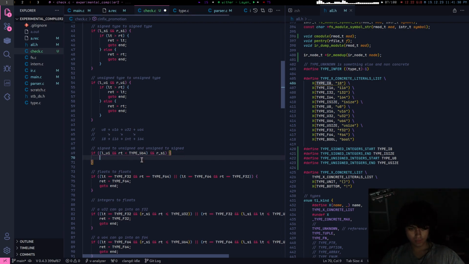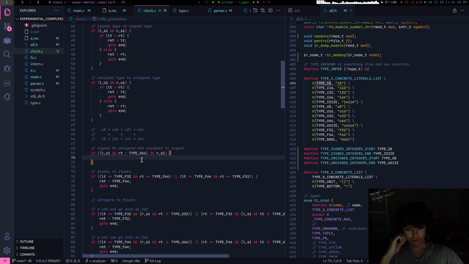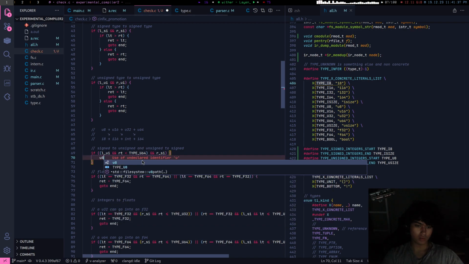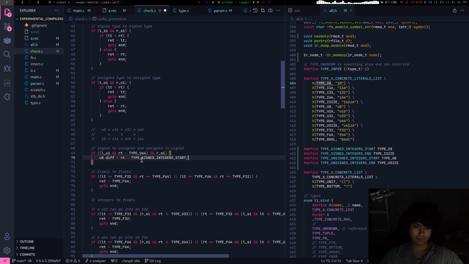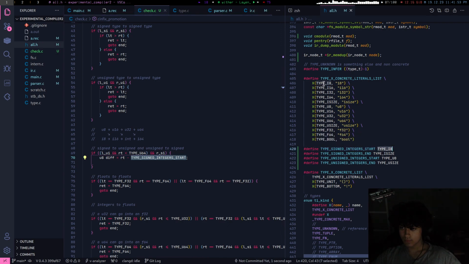Which means, no, because I don't want to do that. Let me just do div equals. Yeah, this is how you do it. Right type, because the right type is a U64 minus sign integer start. That means ret. Let me see. Sign integer start. That doesn't make sense, because the right type you know is a U32. You'd want to do.